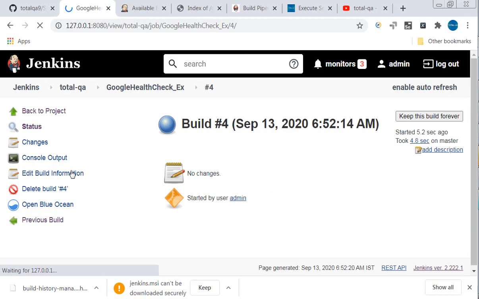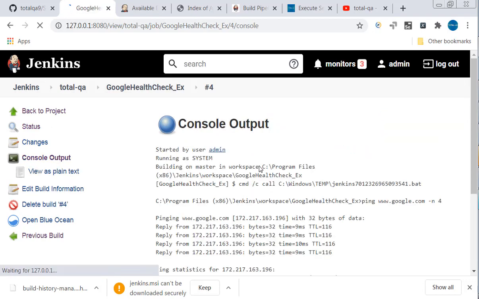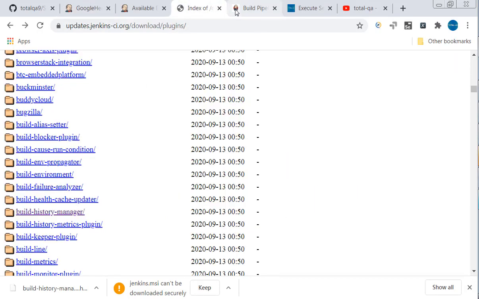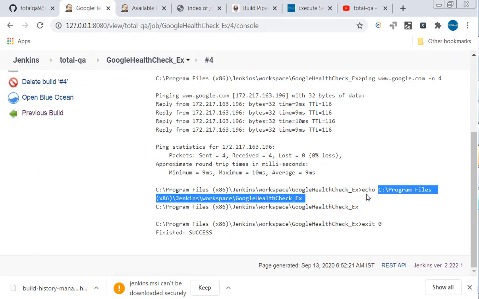And click on the job ID, go to console output. So we can see the information here. Any environmental variable information can be executed by giving echo percentage the environmental variable name. You can see the contents of the environmental variable.